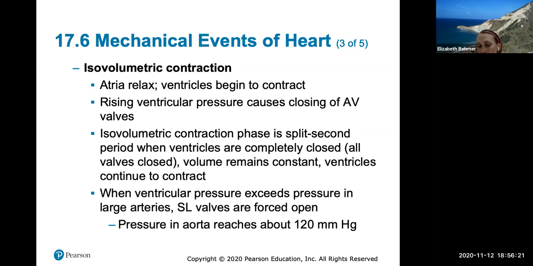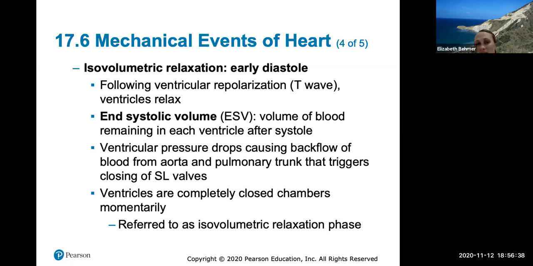The pressure in the aorta reaches about 120 millimeters of mercury. That number should be familiar because that's the number, if you've taken somebody's blood pressure, that you want their highest, kind of top number to be and not more than that. So isovolumetric relaxation, then, is the early diastole phase. This follows ventricular repolarization. So after the ventricles have ejected their blood when the semilunar valves open, we get